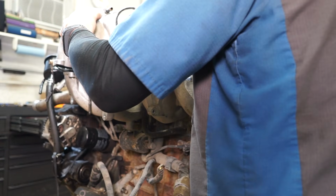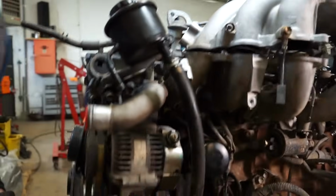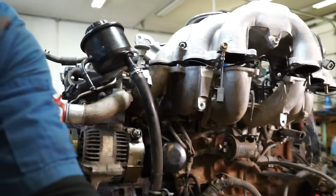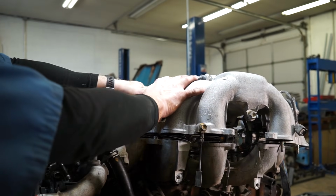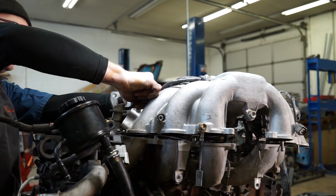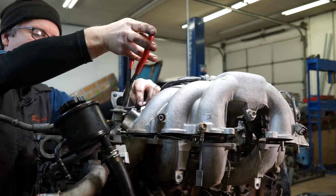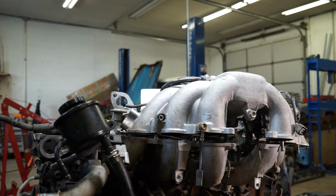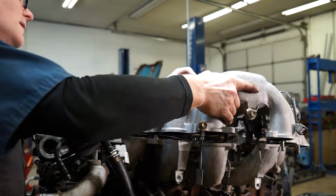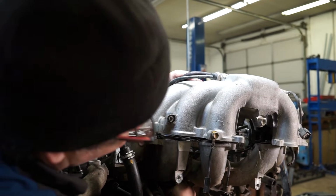and then we can just wiggle. Oh, I forgot one hose. I forgot the hose right here going to the fuel pressure regulator. And sometimes if these are sticky, if you just lightly grab them with pliers and swivel them, they'll free up. Now we can wiggle all this out, except for,